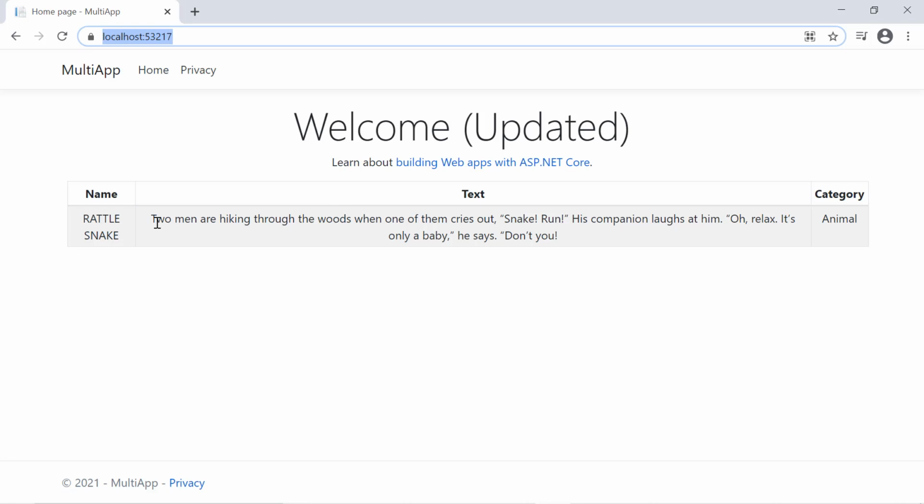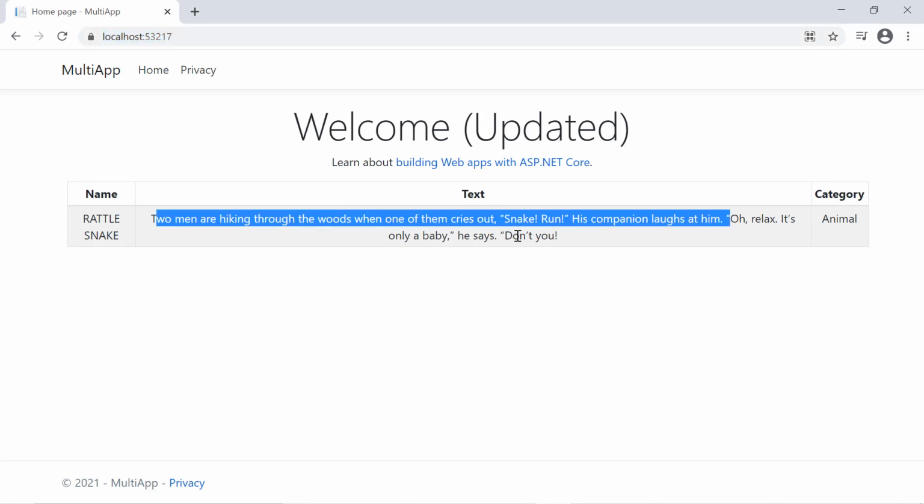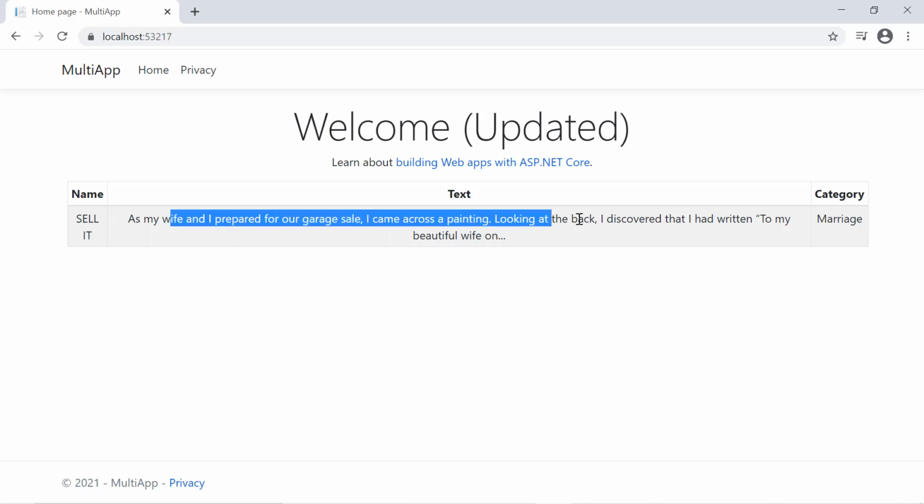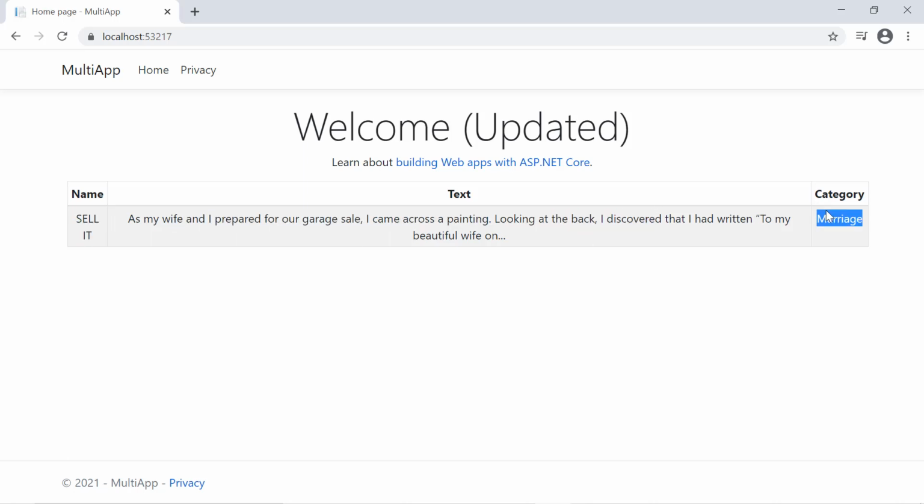The joke is provided by the MultiAPI project, and the one asking for the joke is MultiApps. So these are the two containers running two projects, and we will now deploy this on Azure